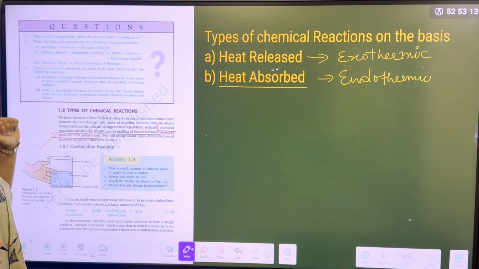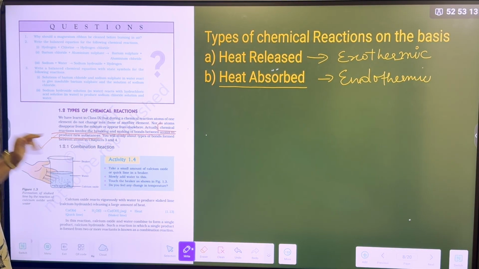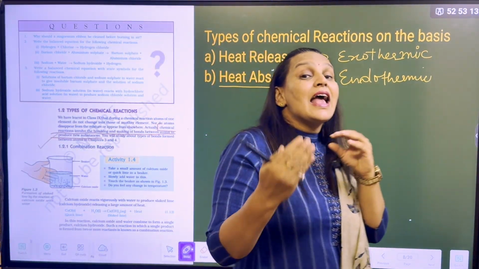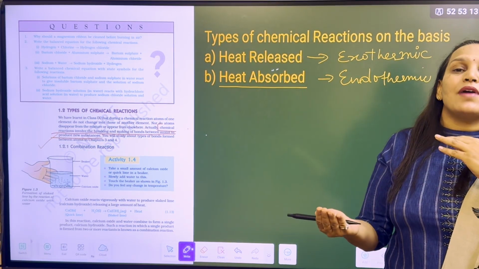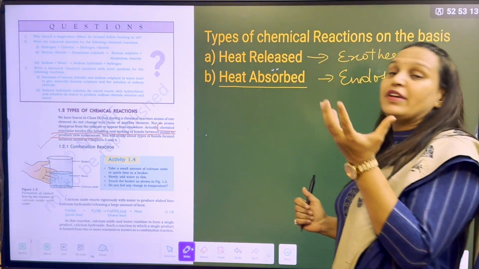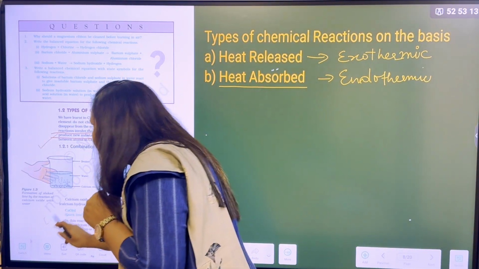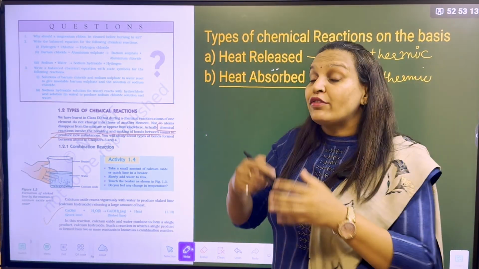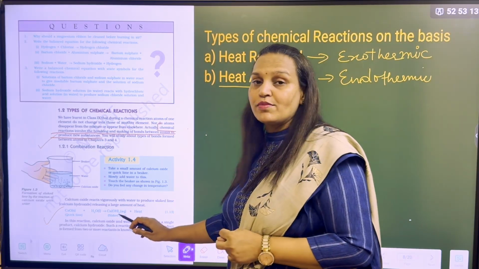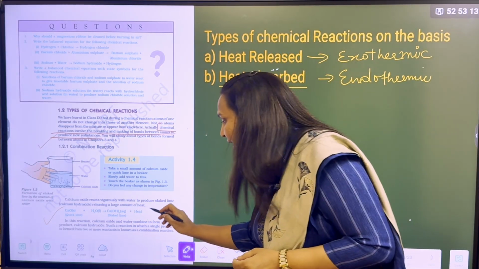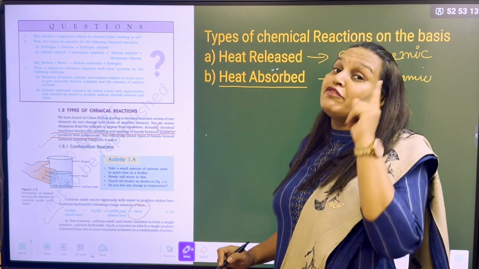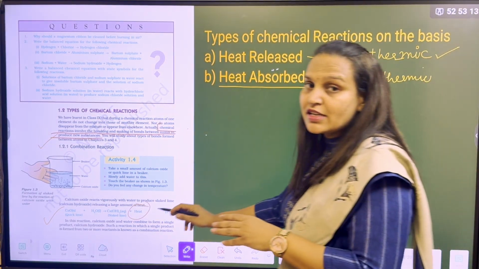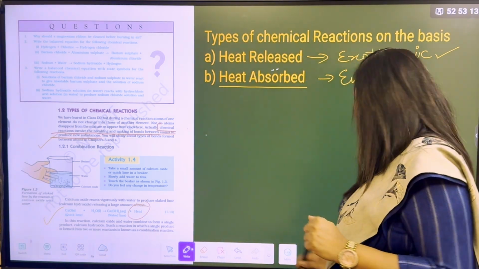So I have taught you types of the reaction, combination reaction. What are the combination reactions? Where two or more substances, means elements, atoms or compounds, combine to form a single product. So we have done a very important example, calcium oxide, which is also known as quicklime, with water. Calcium oxide reacts vigorously with the water to form slaked lime, which is calcium hydroxide, and gives out heat. So the reaction where the heat is released, what is that called? Exothermic reaction. So this is our combination as well as exothermic reaction.